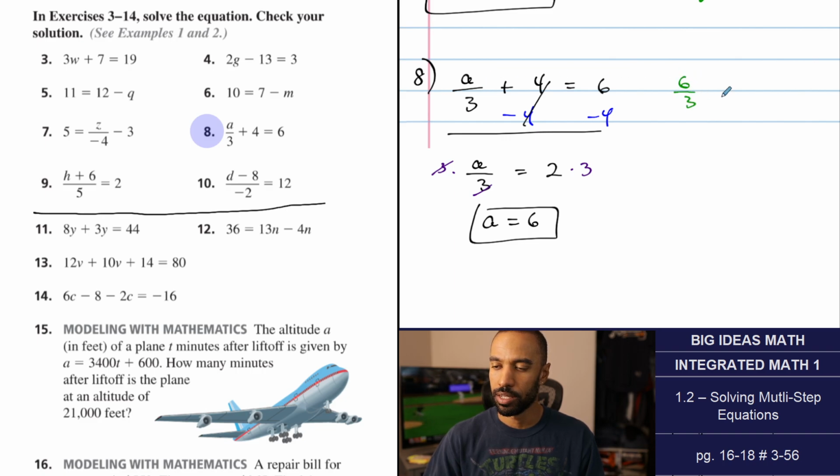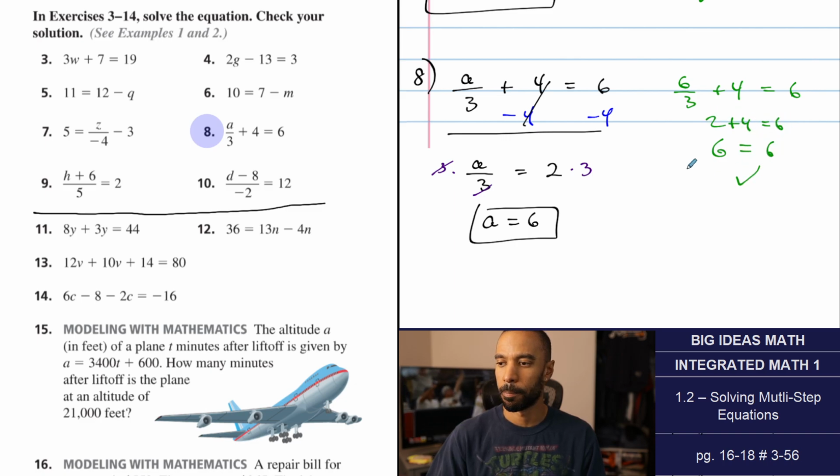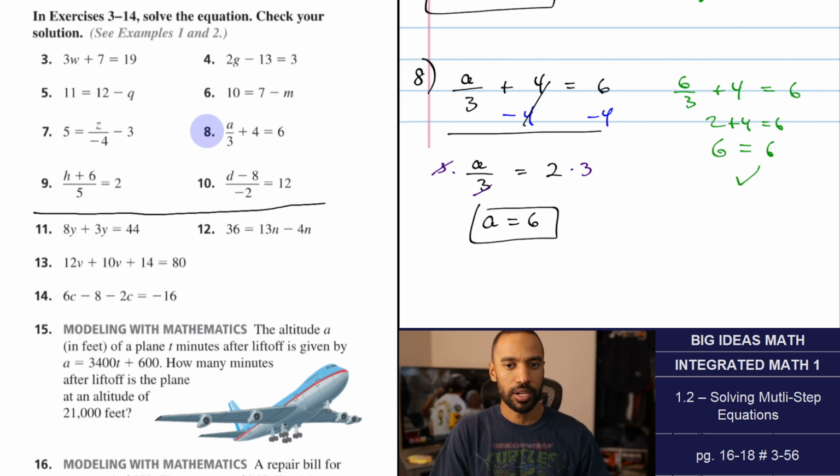6 divided by 3 is 2, plus 4 is 6. So we get 6 equals 6, right? 2 plus 4 equals 6. Okay. Now, the next two questions are different from these two questions that we stated here on numbers 9 and